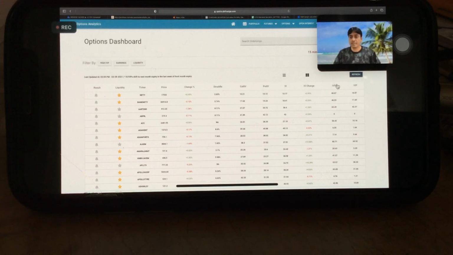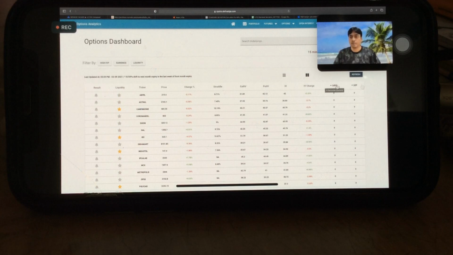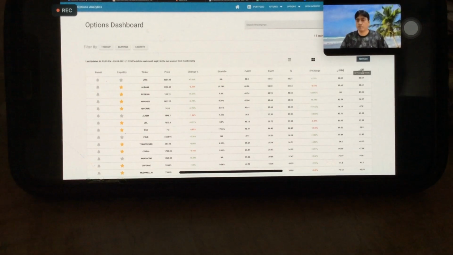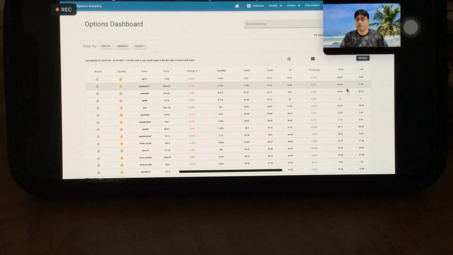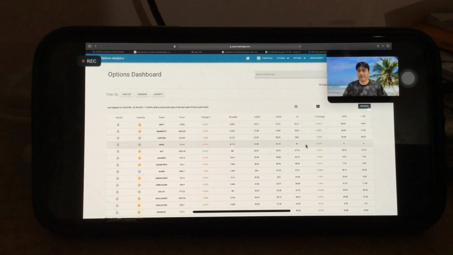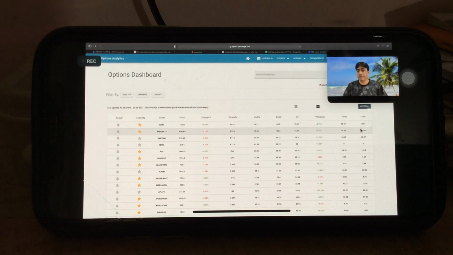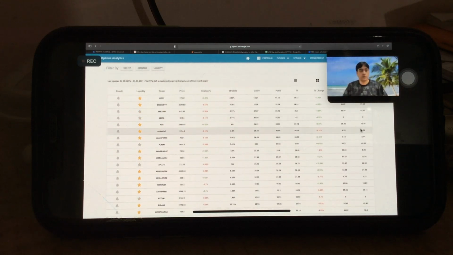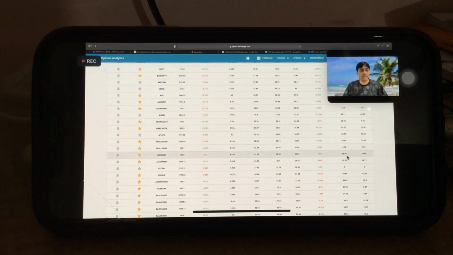So if I click on this, Nifty, Bank Nifty, right? IVP, these are very low. ACC, Adani Enterprises, very low IV. So premiums are deflated. So if any of these stocks like Apollo Hospital, it's 31, still it's about 20, but